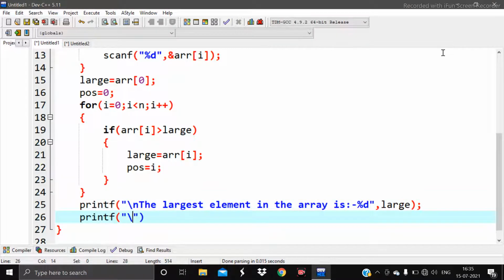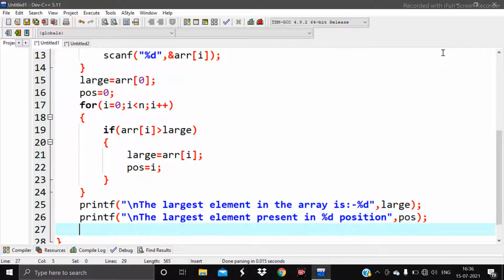Then to show the position of that particular value in the array, the pos variable will be used. Largest element present in percent d position. And that percent d position is declared by the variable name pos, and at last return 0.